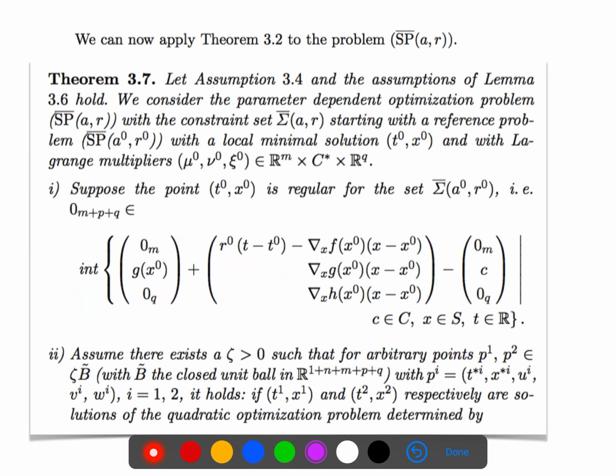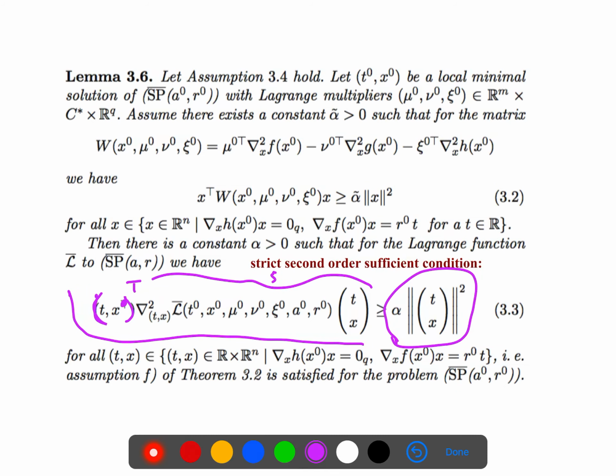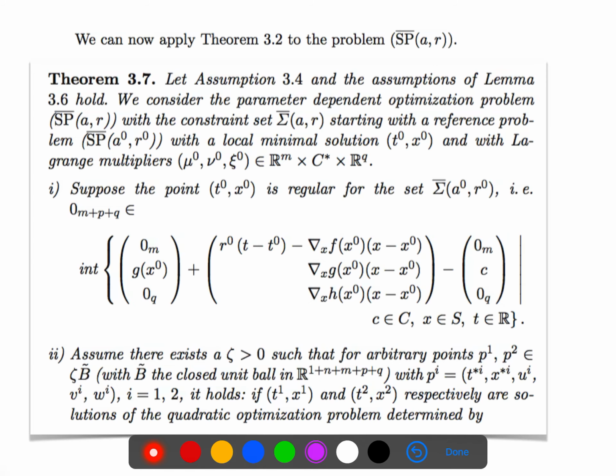And you will see the point that the lemma tries to say: assume there exists an alpha tilde such that this holds, then there is a constant alpha such that this one holds. And we need this for the proof of a theorem that says